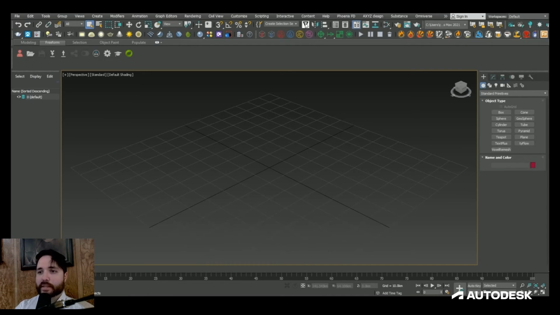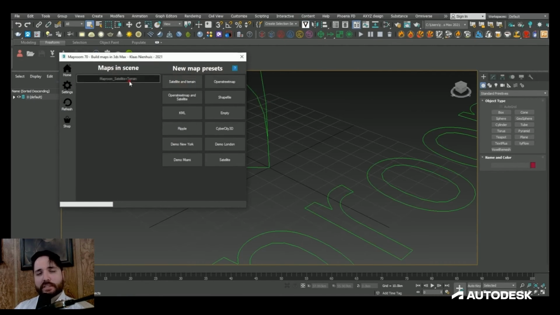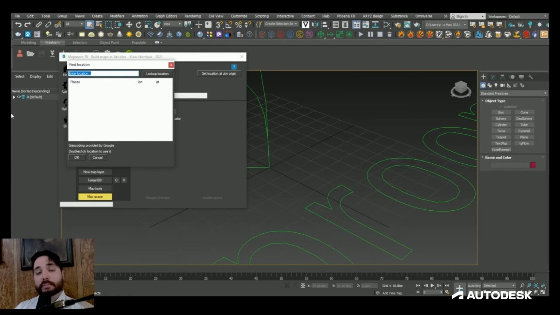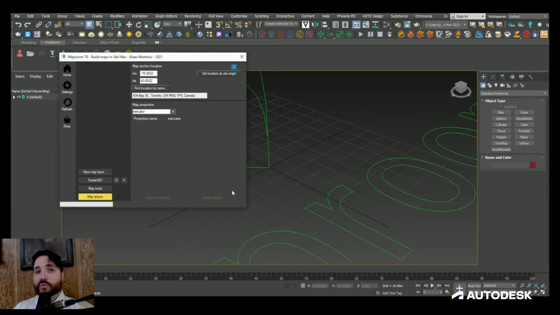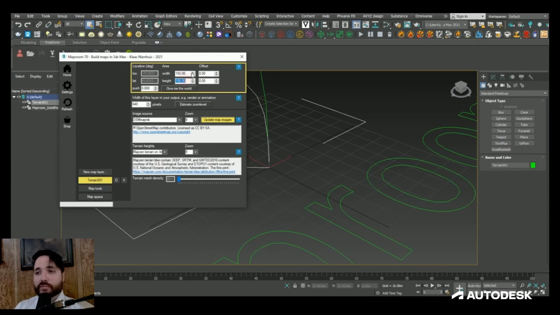I found a cool plugin called MapRoom, which uses OpenStreetMaps to draw in land masses, buildings, and streets using simple parameter configurations. So for instance, I could set my location to Toronto, and I could draw in an area of 20 square kilometers, and then even bring in the map textures from sources like Bing using various API keys. You could even bring in elevation data so that your landmass shows valleys or mountains, for example.